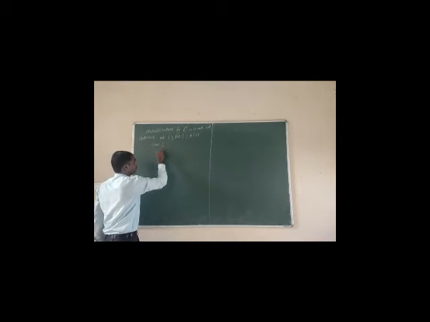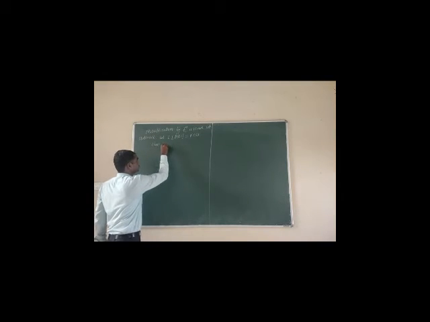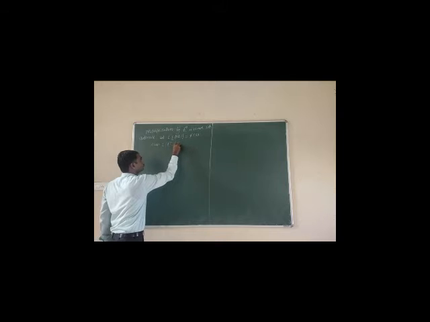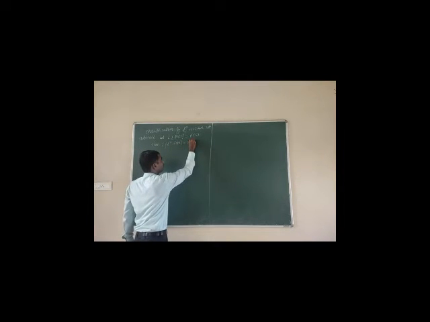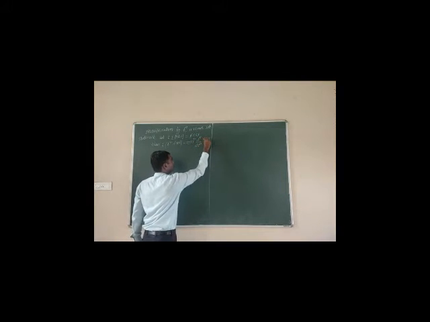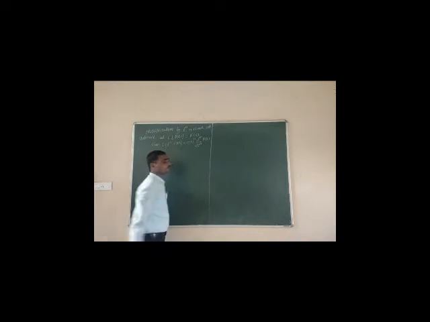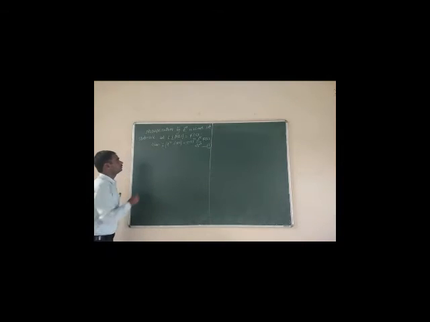Then Laplace of t raised to the power n into f of t is equal to minus 1 to the power n into nth derivative with respect to s of F of s. This is equation 1. Now the proof of this property is